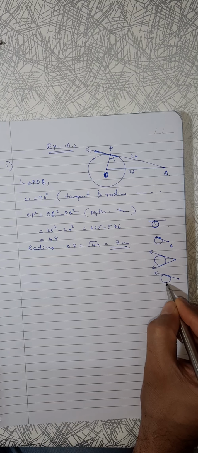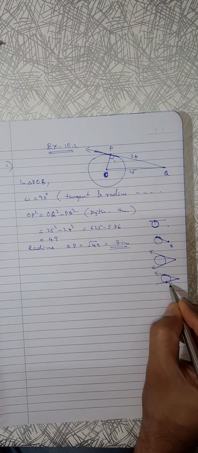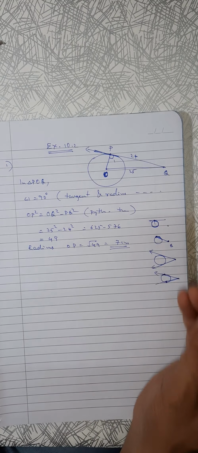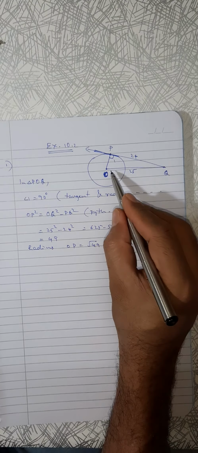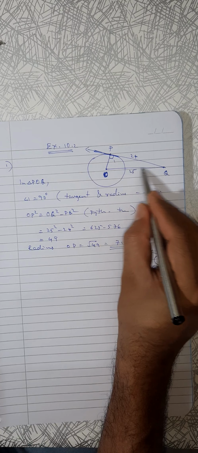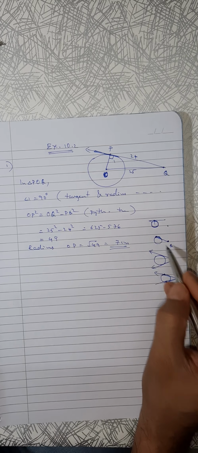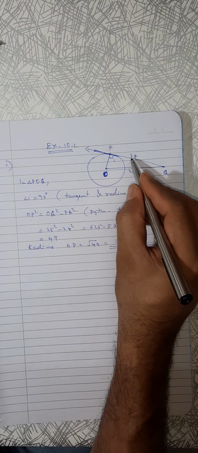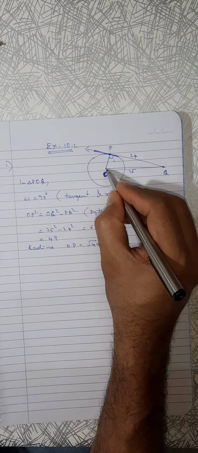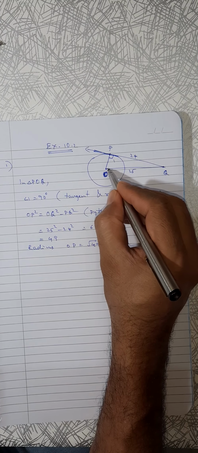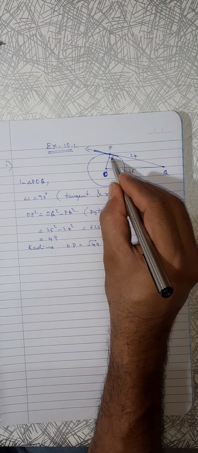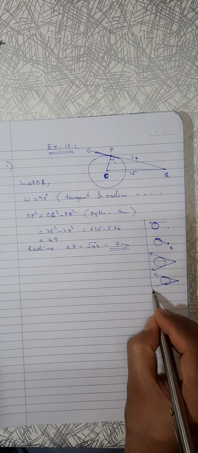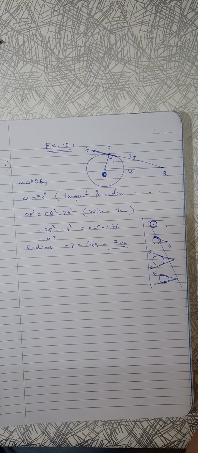Touching point cannot be exactly at the top. It will be slightly towards right, towards the pointer. So that this is going to be 90 degree and this is going to be hypotenuse. Otherwise, if you draw the wrong figure, then there will be total confusion. We may take this as hypotenuse. 90 here, not here. At O, we will not get 90. Tangent and radius 90, that means here 90, not here. Okay, be very careful. So it is like that only for explanation.